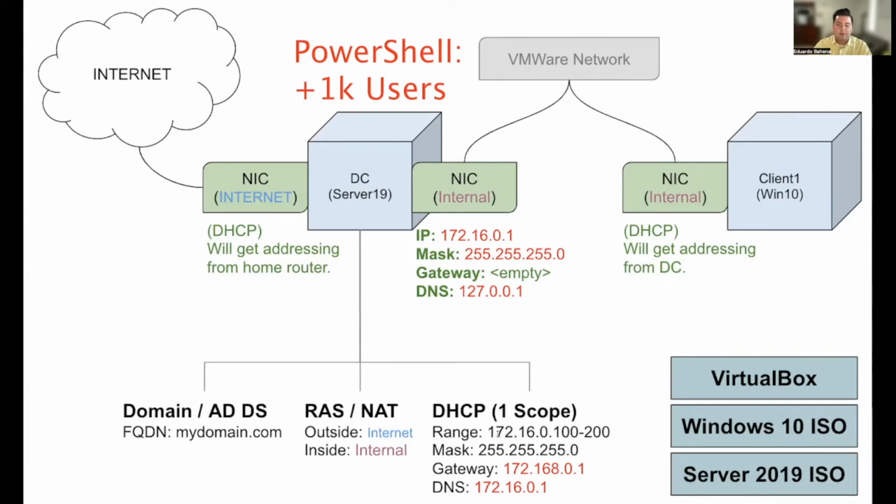Our ranges are going to be 172.16.0.100 through 200, with our mask as the same as this. And our gateway is going to be set to this, and our DNS is going to be set to this, 172.16.0.1. And we're going to be virtualizing the server using Server 19, and we're also going to virtualize our client